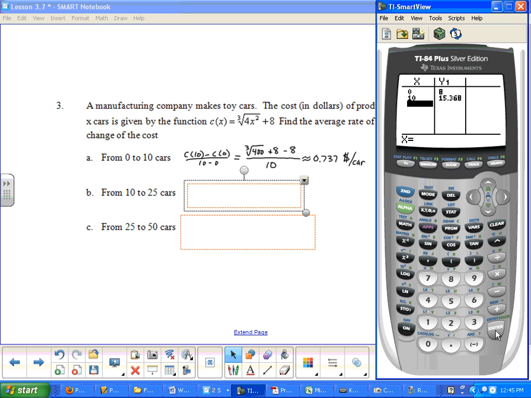For B, well, I've got 10 there. I just need 25. I could plug in 25. I'd find that number. And then I need 50. Okay? So there's my numbers to be able to find all of them. Okay? You could also, if you graphed it,